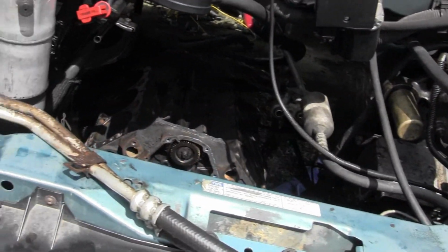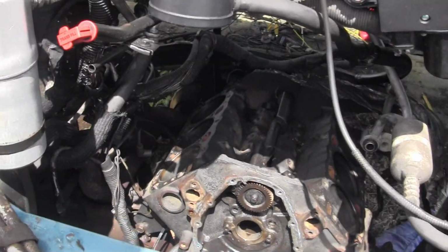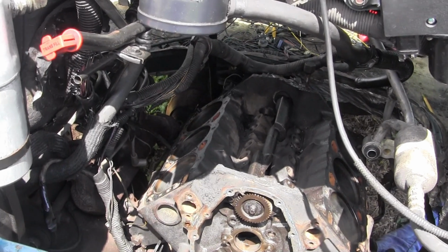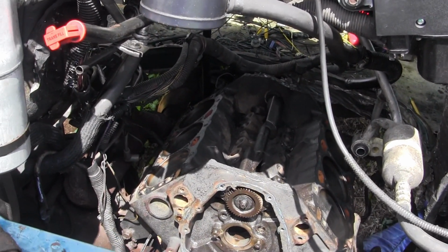So flip a coin, go with somebody you have no experience with that looks good, or go with somebody you have experience with that you had a problem and they made it good. So I don't know, but